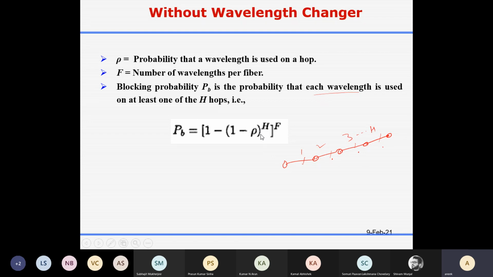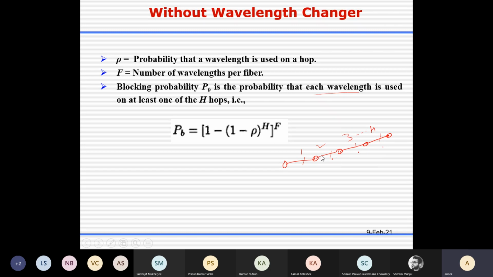Okay, so now you can check. Rho is the probability that a wavelength is blocked in one fiber. So 1 minus rho means that the wavelength is not blocked in that fiber, not being used.